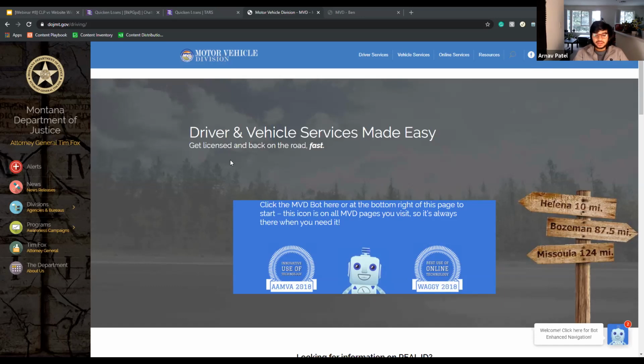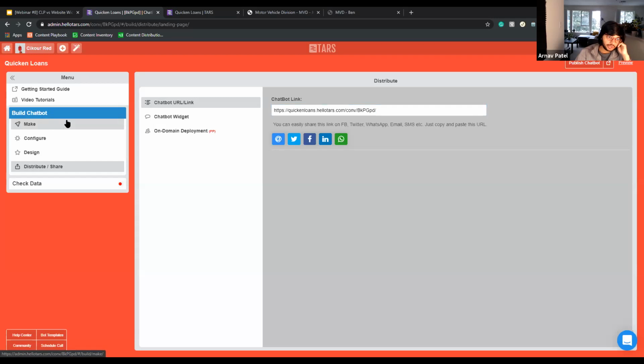Is there any text or content limitations on the bot window for users to enter? I presume you mean bot window over here, Suresh. In terms of text or content limitations, there is validation that most bot platforms have. So for example, in TARS, if I jump back over to the bot over here and I jump onto the make screen,